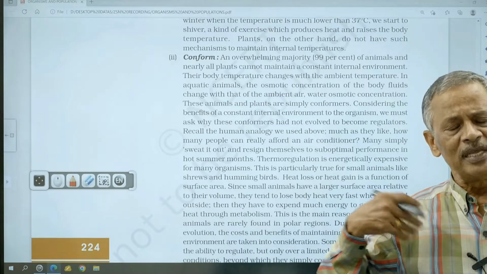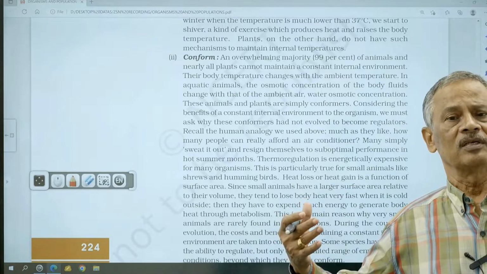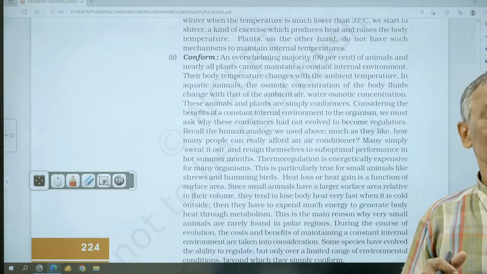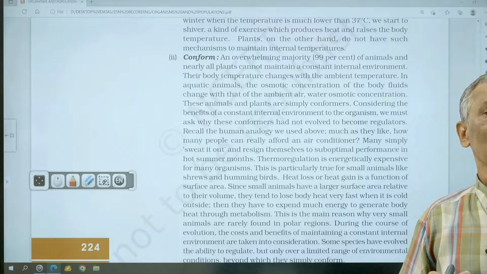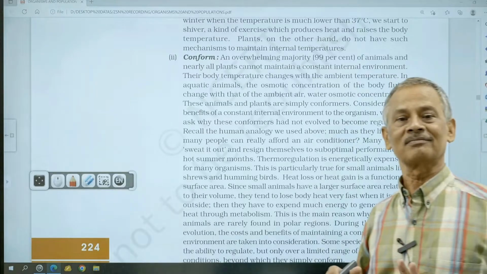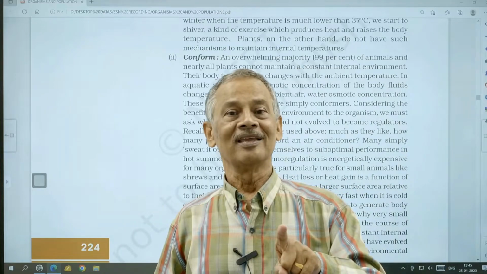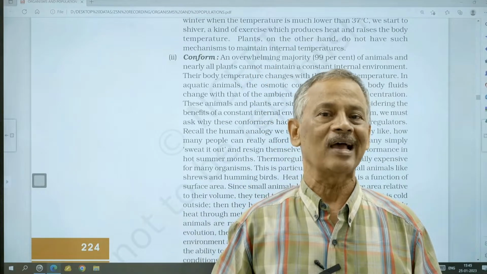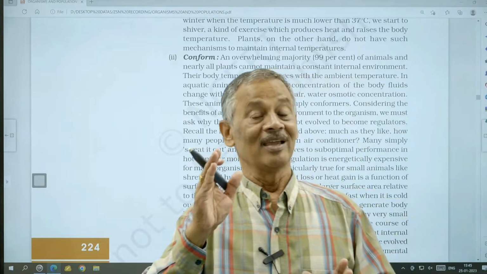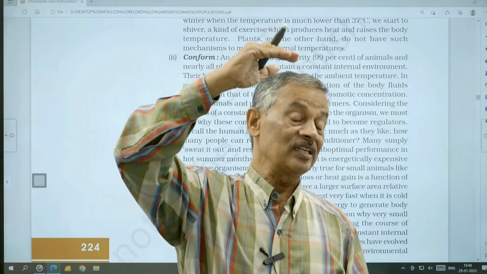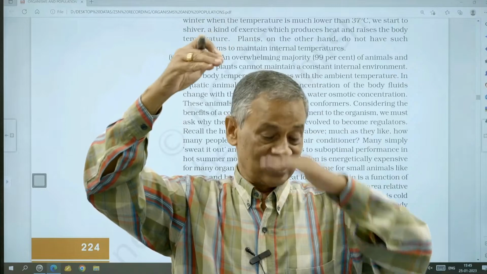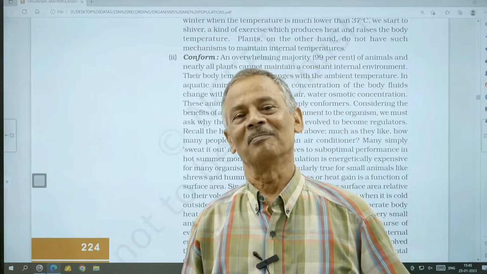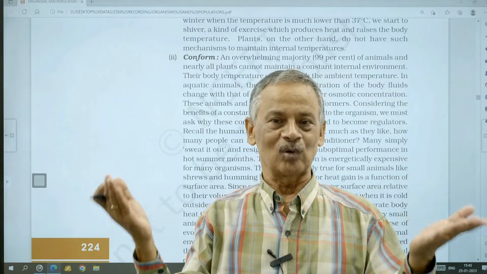So they simply adjust to changes. They simply undergo changes. At the same time, there's a disadvantage. What is the disadvantage? Their metabolism will not always be at the maximum, optimum level. Instead, their metabolism will be below their optimum level, sub-optimum level. We simply call it sub-optimal level. Okay, so in a mammal, it is always at the maximum optimal level. For others, it is at the lower level. It is not maximum and optimum. That is the advantage and disadvantage.